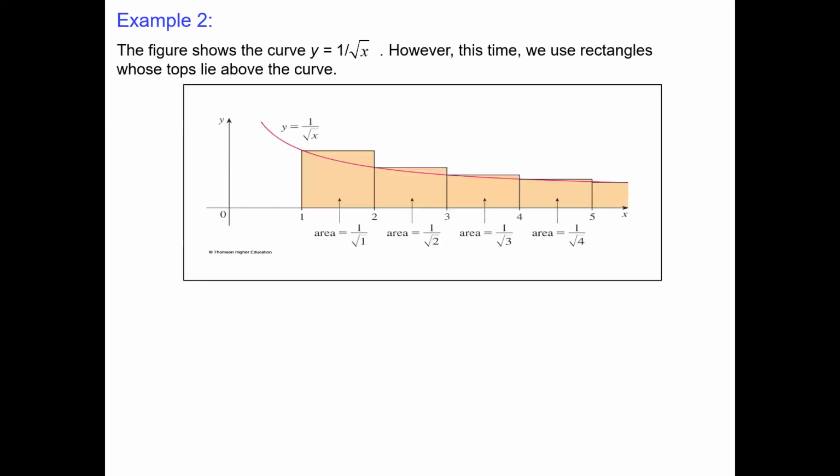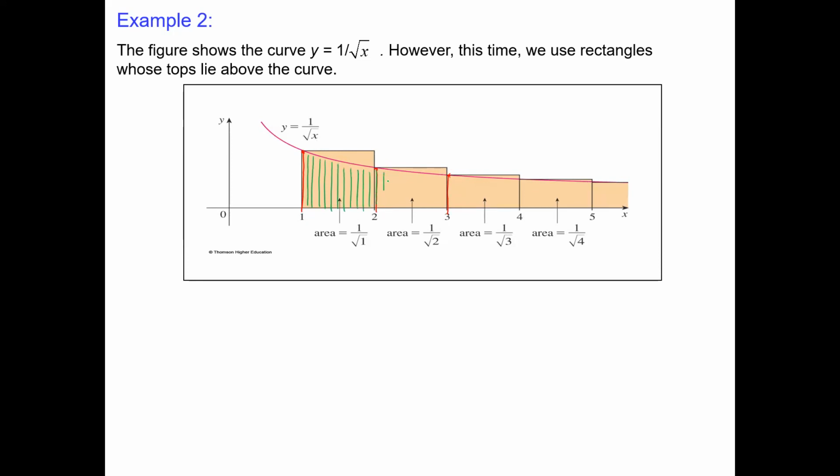Okay, the same thing. I will now take the function 1 over square root of x. I will build the rectangles a little bit differently because you may notice I use the left-hand side. This is just for the purpose of proving, because otherwise we will not be able to prove. But the same thing, the areas are defined as base times height. Height is the value of the function, which is 1 over square root of x: square root of 1, square root of 2, square root of 3. And these golden areas, now we see they are greater